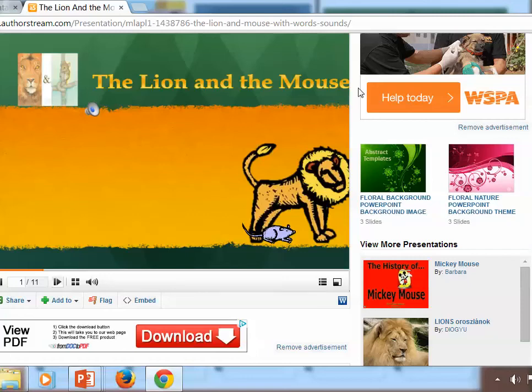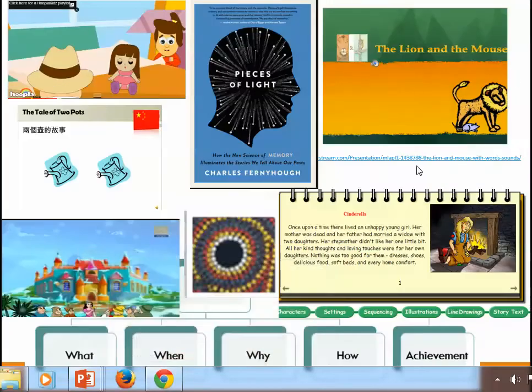And they start creating things. That's very nice. But what do we see? The children have a book, they read the book, and they can play it. And there's a cover. So what are we learning? What people do, people create books. Sometimes those books are online, like the Tale of Two Pots, like the Lion and the Mouse. But how do we know it's a book? It has a particular format. A book which you buy in the shop has a format, and the book which is online has a different format. But what do they share?